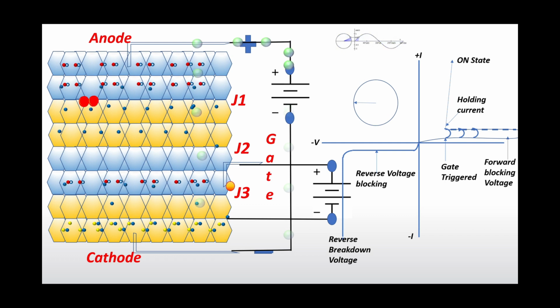So how do we turn off the thyristor? Turning off depends on what is connected to the thyristor, an AC source or a DC source. If you connect an AC source, in the negative cycle the thyristor will naturally commutate, or shut off. This is natural commutation. If you connect a DC source, we have to have forced commutation, or load commutation. Source commutation will not help in the case of DC.